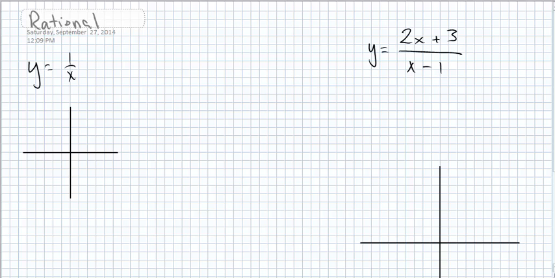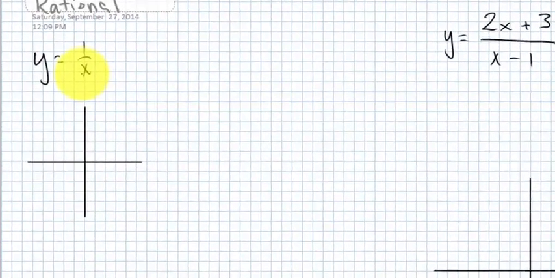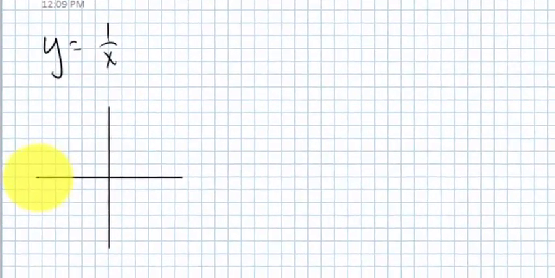A rational function is one that has x in the denominator. It is a fractional function. It's a ratio of two things. And the important thing that makes this a rational function different from a linear function is x shows up in the denominator. For this particular function,